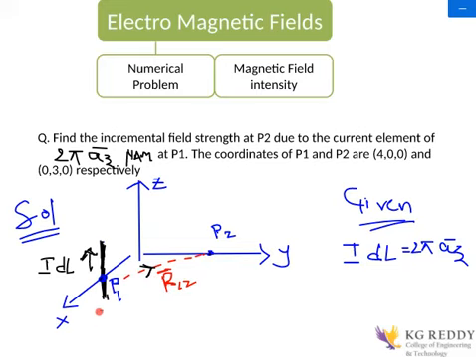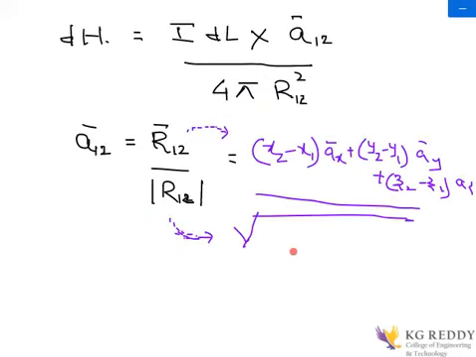These points again I will be writing here. So 4 comma 0 comma 0, which is P1, and 0 comma 3 comma 0, which is the second point. So here this is x1 y1 z1, this is x2 y2 z2. So this is the way we can write the equation. These are the basic fundamentals which you have already gone through, writing the equations a lot of times earlier. Now how to find out this magnitude?